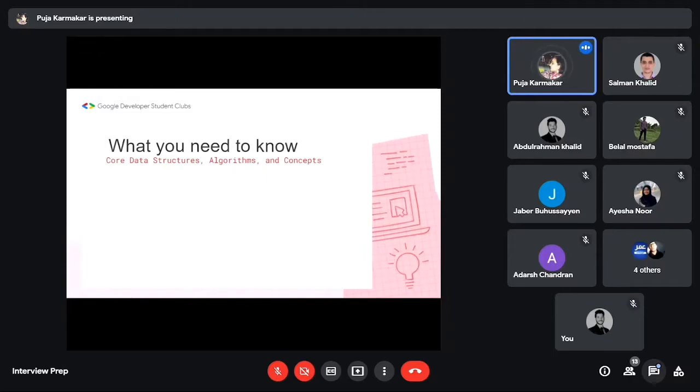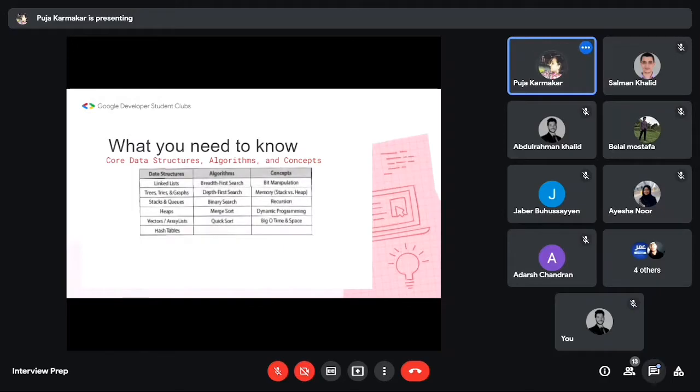So let's see. This is a table that shows the data structures, the algorithms, and the concepts. The data structures are linked lists, trees, graphs, stacks, queues, hash tables, array lists. Algorithms are binary search, merge sort, quick sort, etc. Concepts could be bit manipulation, something with the memory and the stack, a recursive method maybe, a big